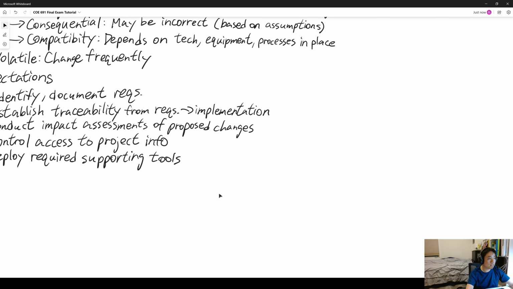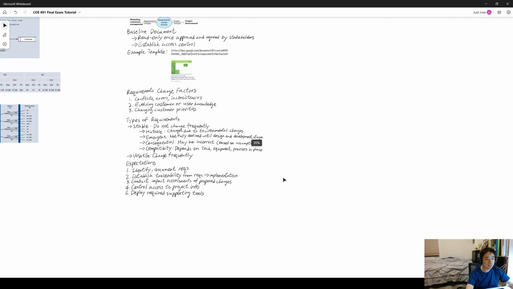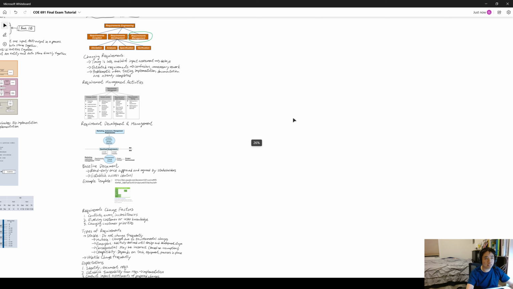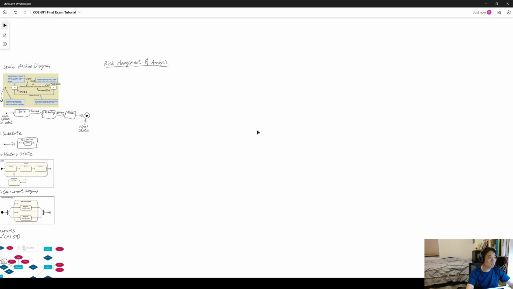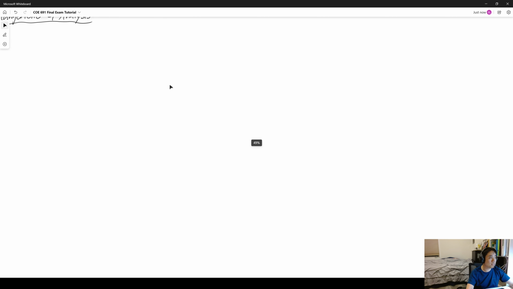At this point, I won't be able to cover risk management and analysis on time. So I will stay here for an extra 30 minutes or so to cover this topic and answer some questions. That includes stuff regarding goal modeling as well. But first,